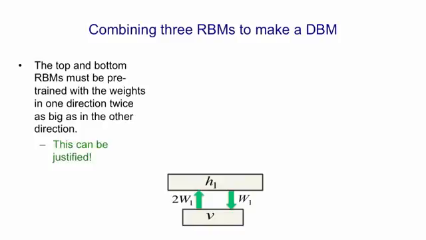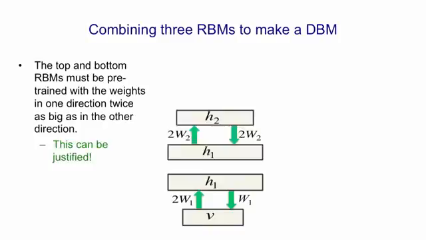This can be justified, and I'll show you the justification in a little while. The next restricted Boltzmann machine in the stack is trained with symmetrical weights. I've called them 2W here rather than W, for reasons you'll see later. We can keep training restricted Boltzmann machines like that with genuinely symmetrical weights, but then the top one in